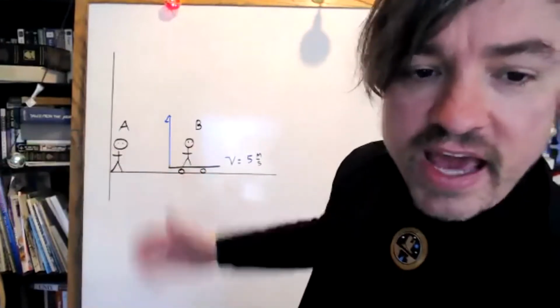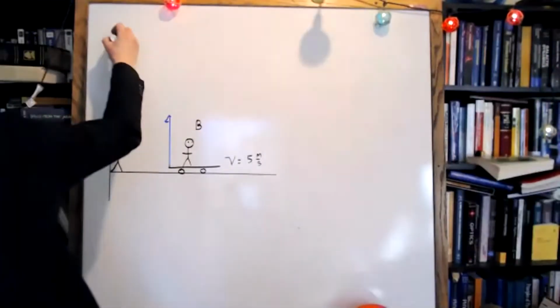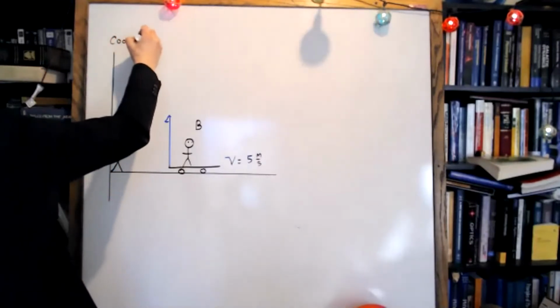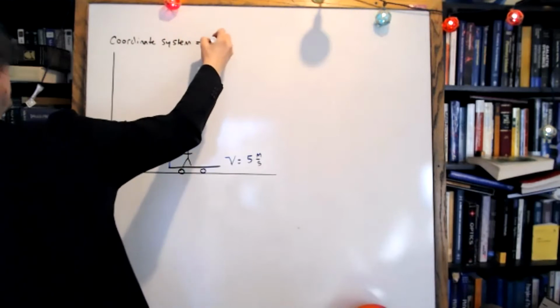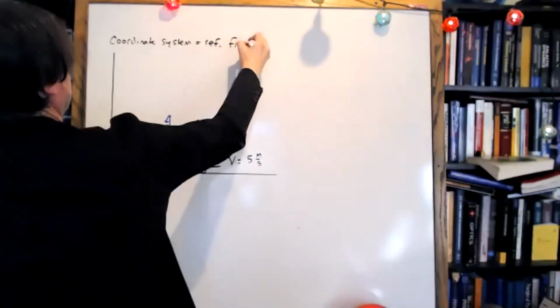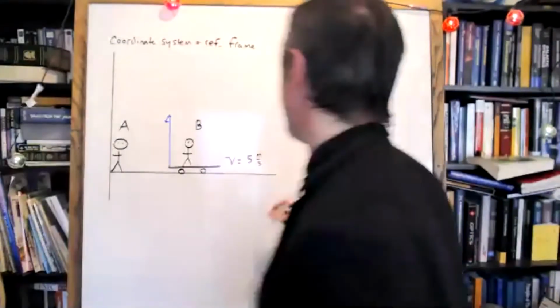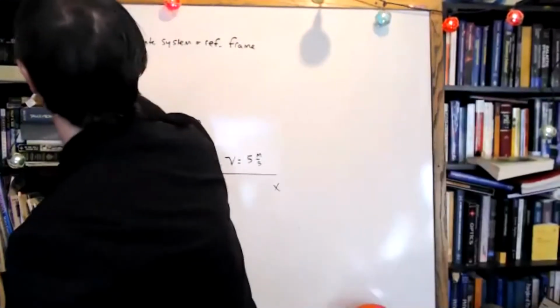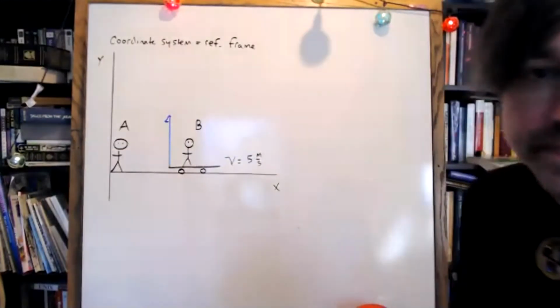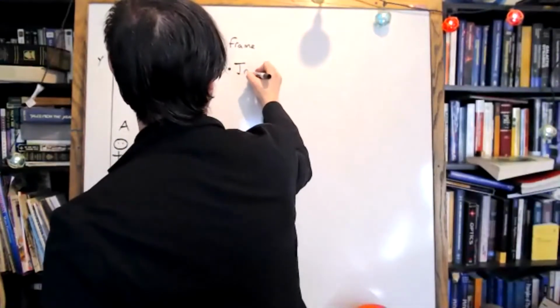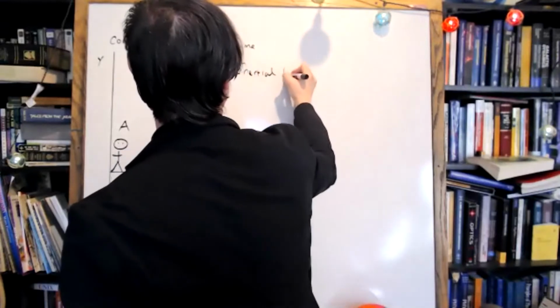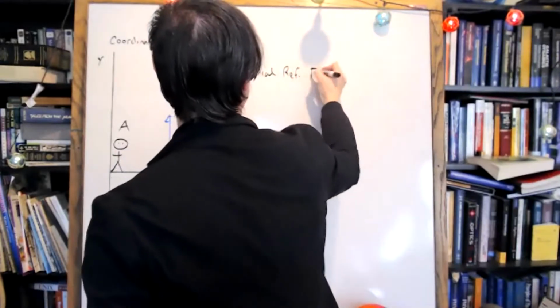So the A coordinate system is a reference frame. A coordinate system is basically another way of saying a reference frame. It's basically a set of axes, X and Y, that allow you to plot motion. I now want to define an important term in relativity, one that I need to refer to all the time. It's called an inertial reference frame.